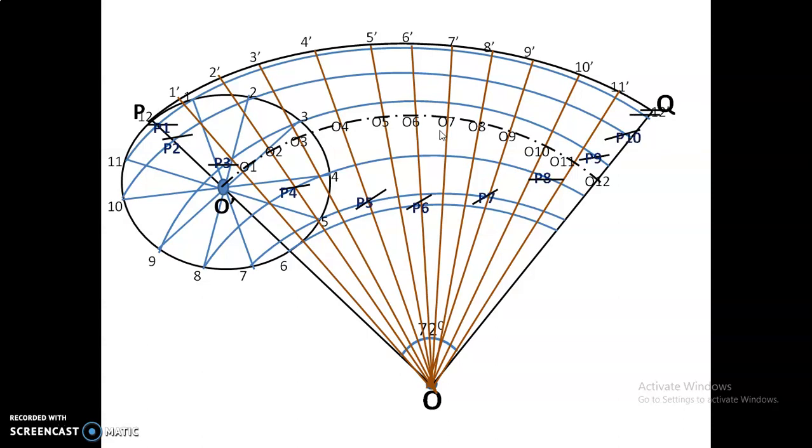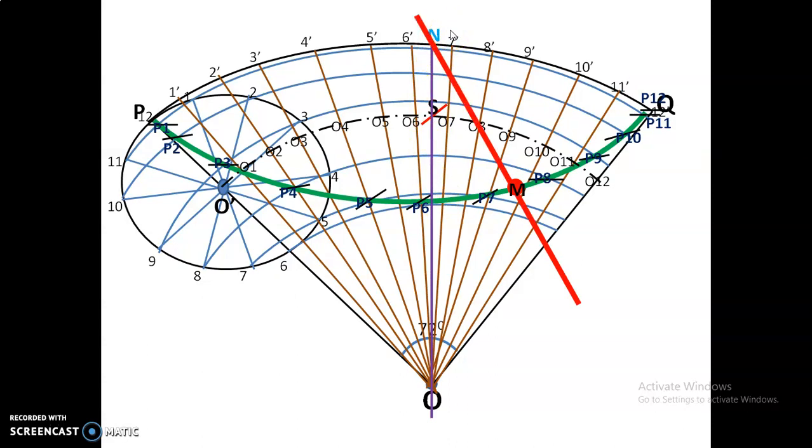If we draw a smooth freehand curve through these points, we get the hypocycloid curve like this. Okay, this is a hypocycloid curve. If you want to draw the tangent and normal line, mark a point anywhere, that is point M. With the help of a compass, take the 20 mm radius, that is the rolling circle radius, and cut the central arc, that is your S point. Join S and O. It will meet your PQ arc at point N. Join N and M, this is your normal line. Perpendicular to this line, draw the tangent.